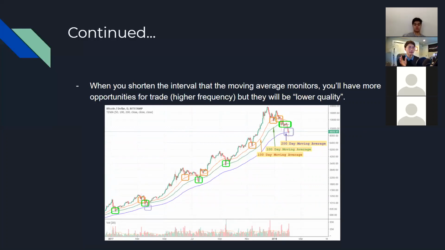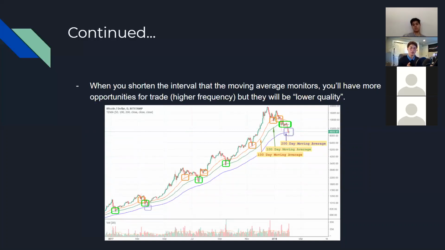But if you were to shorten the time interval that the moving average covered, such as the green one or the orange one, you will actually have a lot more intersection points, meaning more opportunities for you to enter a position or leave it. One thing about trading is that you have to know when you want to enter a trade or when not to. What we went over in the first lecture was to stay out of sideways markets,